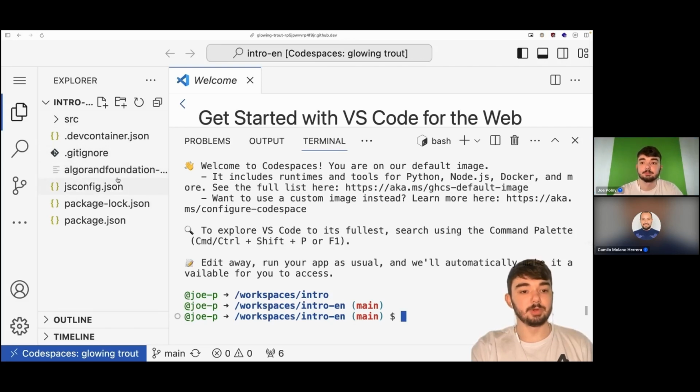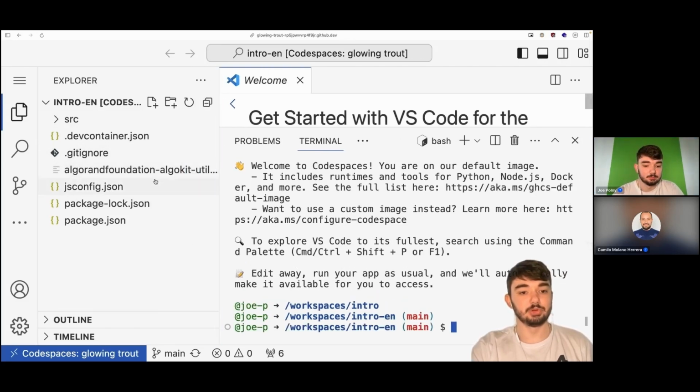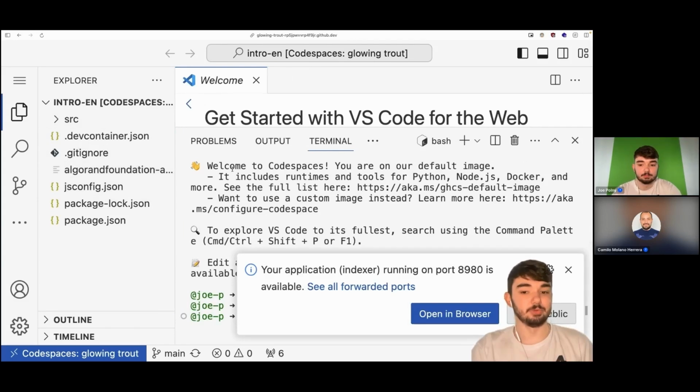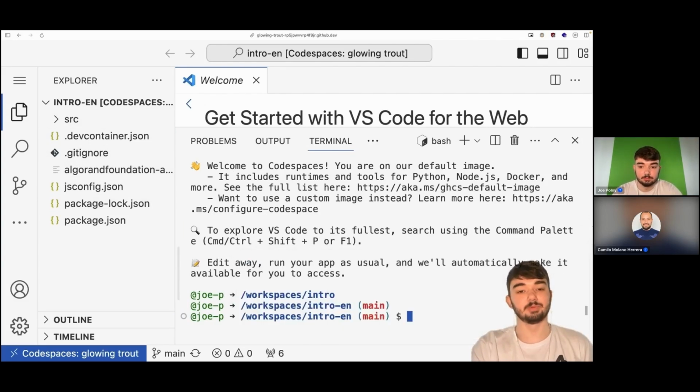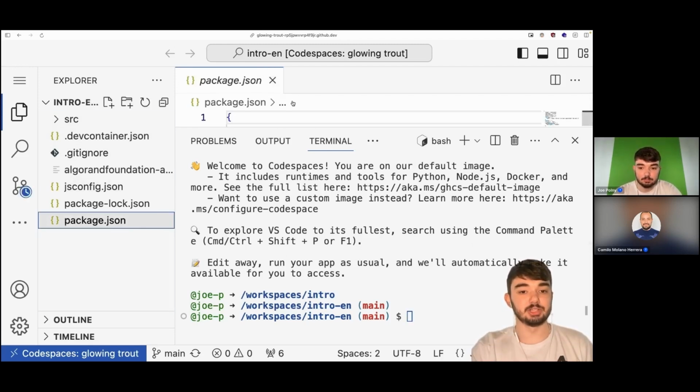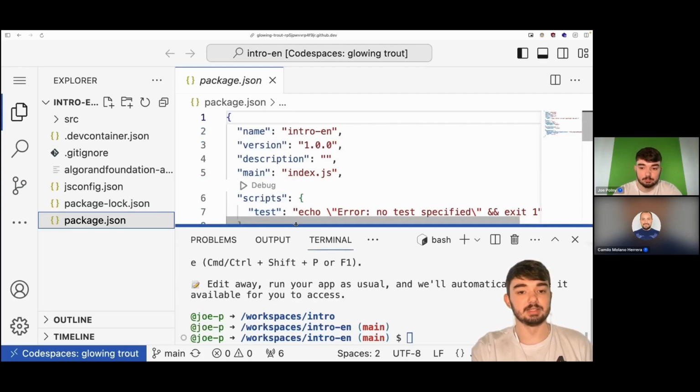The repo should look pretty much like this, except you shouldn't see this tarball here. I have this here because I'm running a pre-release version of AlgoKit before it's been released, as I'm recording this. But by the time you get to this video, it'll be released and the tarball won't need to be here. Everything else should look the same. And if you're a TypeScript developer, this should look pretty familiar to you. We have our package.json file that has our dependencies.